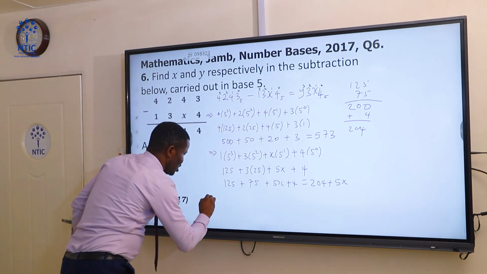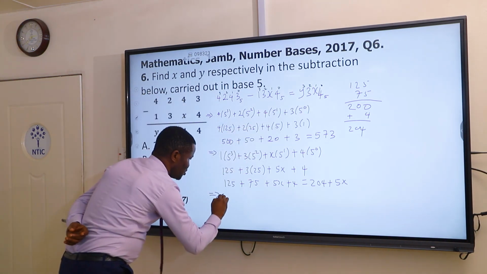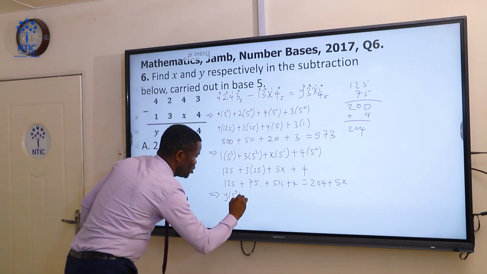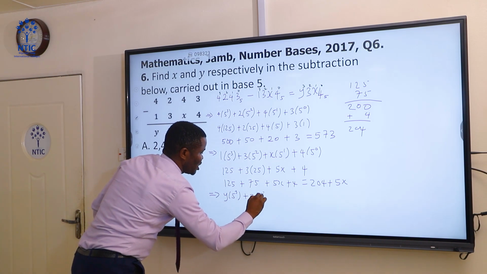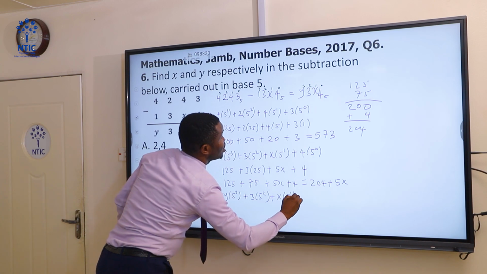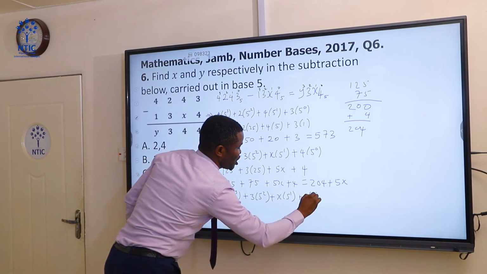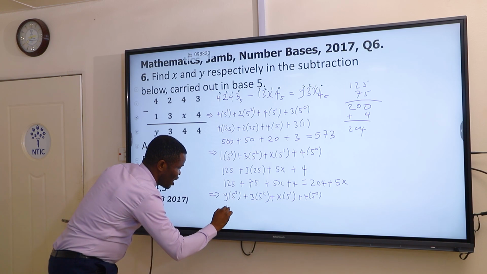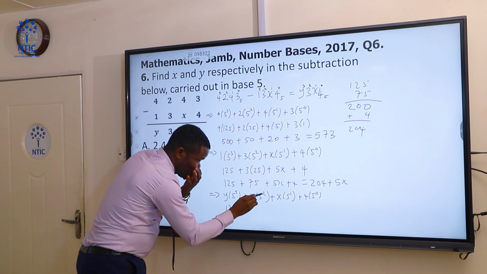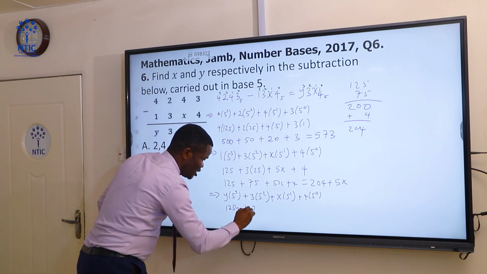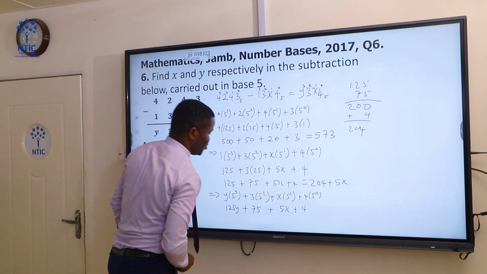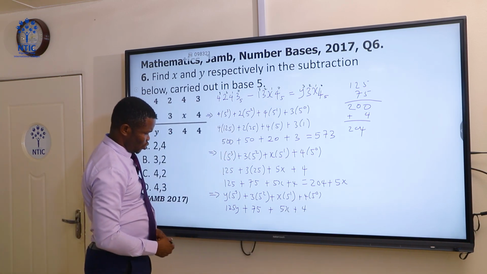this number. So y times 5 raised to power 3 plus 3 times 5 raised to power 2 plus x times 5 raised to power 1 plus 4 times 5 raised to power 0. So this is going to be 125y plus 5 squared is 25 times 3, 75, plus 5x plus 4. So this is going to be equal to,